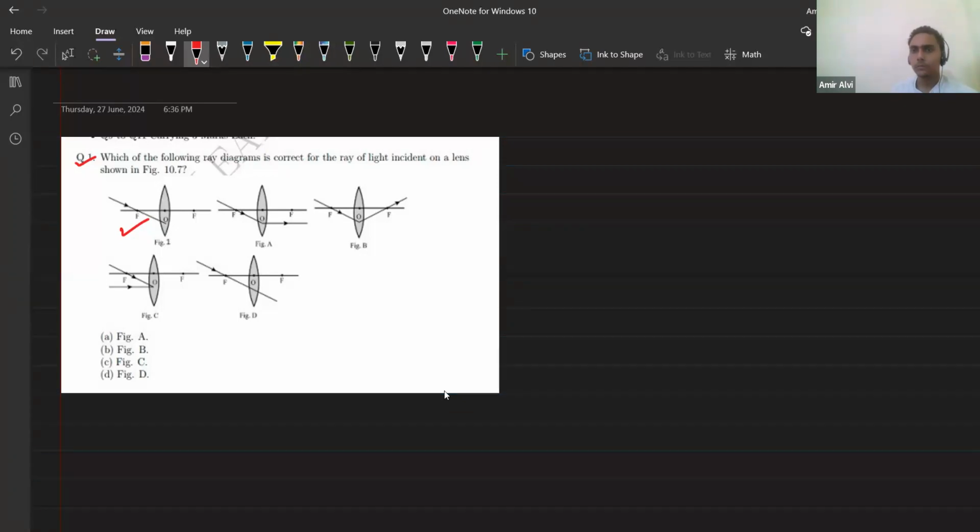So which page are you seeing? Image formation of spherical lens. Maha, Nabila, have you got the page? Yes, sir. Okay, open the page, case number 5, when the object is at focus.